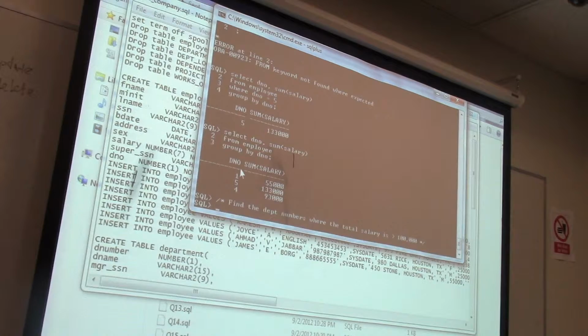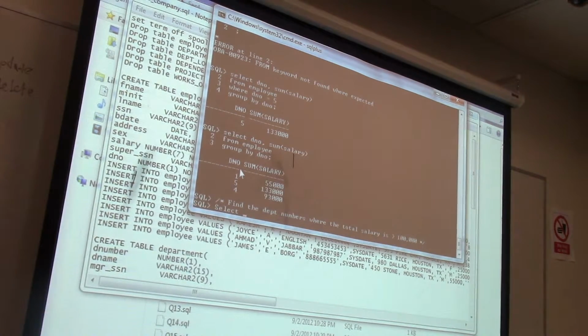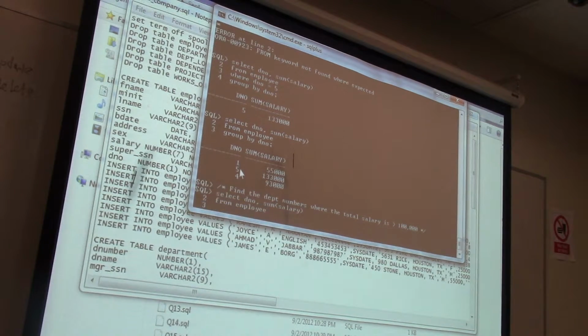So here, the same thing. I'm going to select department number, sum of the salary from employee. We have to have group by, having